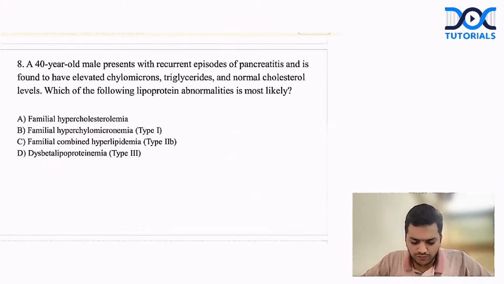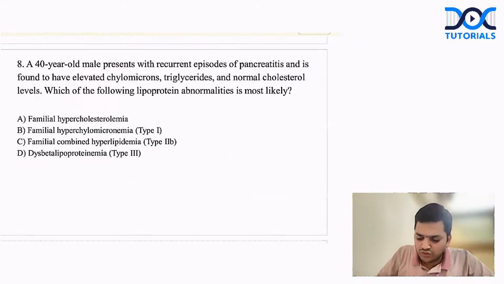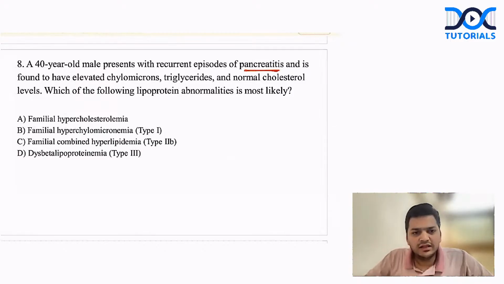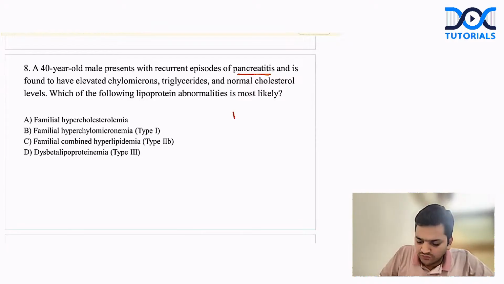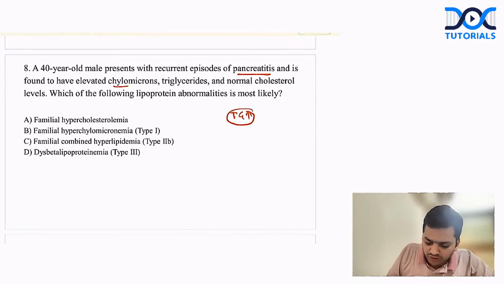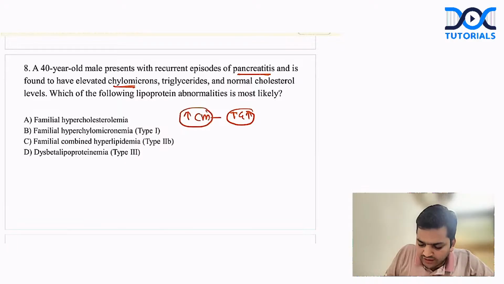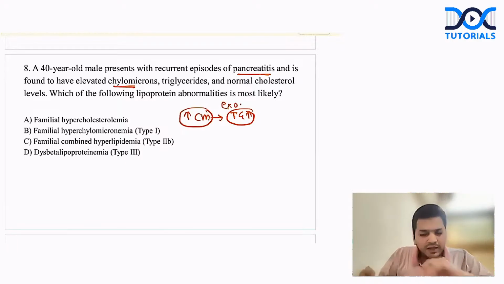A 40-year-old male presents with recurrent episodes of pancreatitis and is found to have elevated levels of chylomicrons. Triglycerides are high. Normal cholesterol level. Which of the following lipoprotein abnormalities is most likely? See, one of the reasons for pancreatitis is hypertriglyceridemia. And they have mentioned already that the chylomicron is high. We know that inside the bag of chylomicron, there is exogenous triglyceride. And if the triglyceride